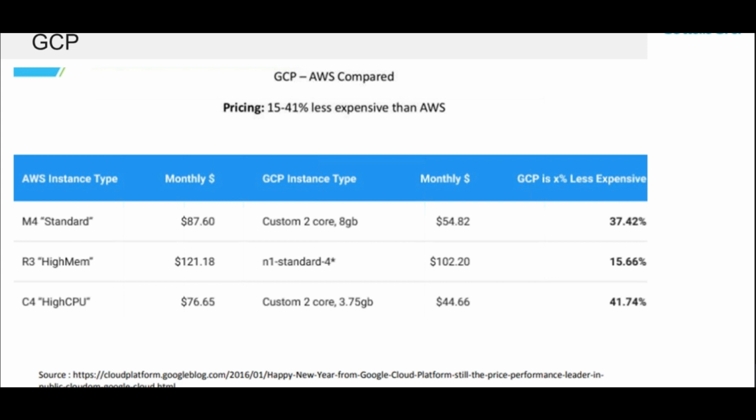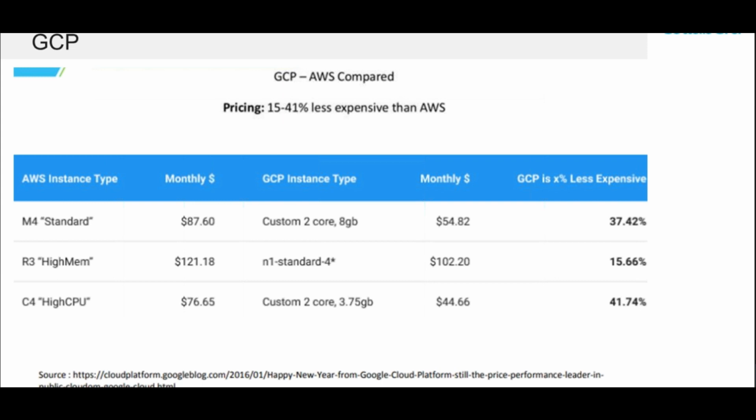The charges of running a service in AWS is a bit more expensive as compared to GCP. And hence, if you do a cost comparison with respect to, let's say, a basic or a medium type server, we run it either on AWS or on GCP, there will be around 30 to 40% difference, which is high.